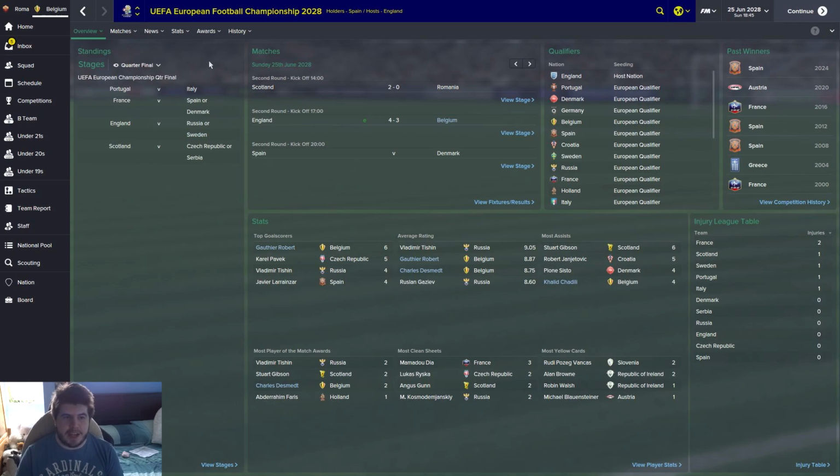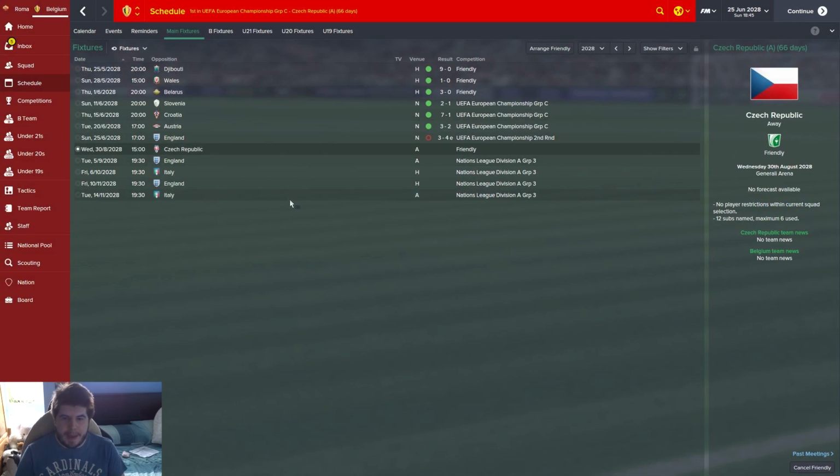So in the next round, it is going to be Portugal, Italy, France versus Spain or Denmark, England versus Russia or Sweden, and Scotland against Czech Republic or Serbia. So that really sucks. We've gone out much earlier than I expected, frankly, given how well we've played in this tournament at times. That is a real shame for us, but there you go, guys. That's one of those things that happens. So in the next episode, that means it's all going to be about